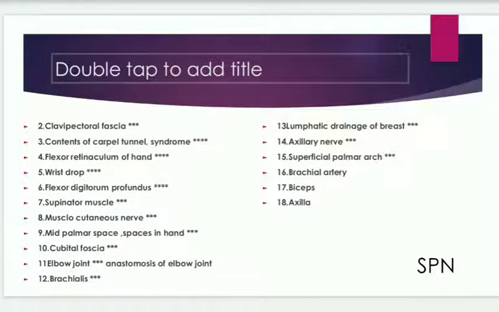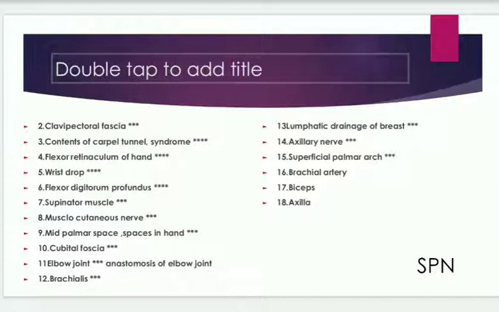And we have some of the short answer questions like clavipectoral fascia, contents of carpal tunnel, flexor retinaculum of hand, wrist drop, flexor digitorum profundus, supinator muscle, musculocutaneous nerve, mid-palmar space and spaces in hand, cubital fossa, elbow joint, anastomosis of elbow joint, brachialis muscle, lymphatic drainage of breast, axillary nerve, superficial palmar arch, brachial artery, biceps,